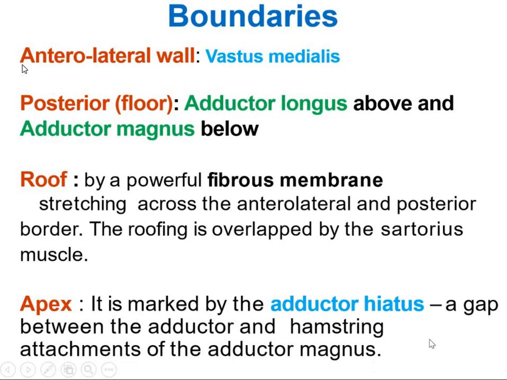Okay, so this adductor magnus is a composite muscle which has got an adductor part and a hamstring part. This adductor part, obviously, is for adduction. Okay, so this would be present in the medial compartment, and the hamstring part is present on the posterior aspect of the thigh. So this is a composite muscle, the adductor magnus, okay? So this adductor hiatus is formed between the adductor part and the hamstring part, the adductor part being present on the medial aspect of the thigh, and the hamstring part present on the posterior aspect of the thigh. Hope I am clear now.